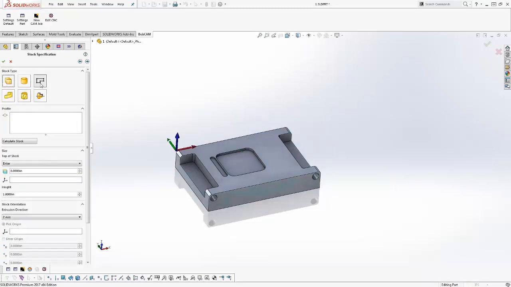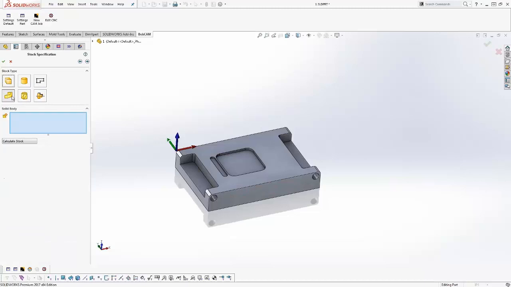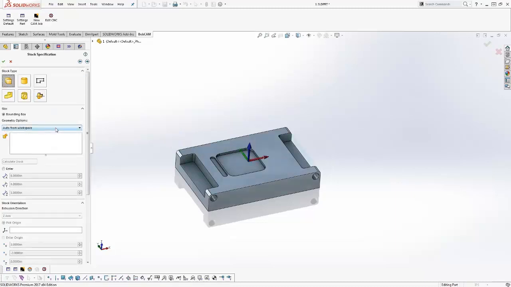You could use a sketch to define your stock. You could use a body, you could use an STL, or you could spin a profile. Okay, so those are your 6 types of stock. The one that most people are going to use is going to be the rectangular stock or the bounding box